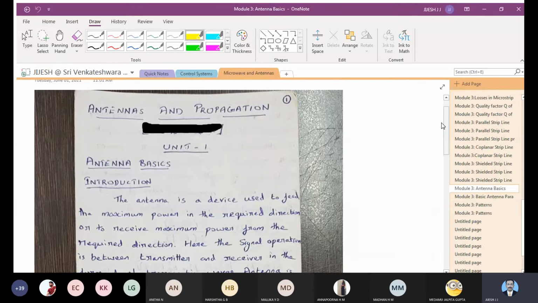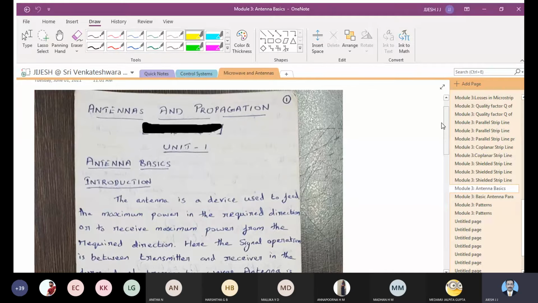Those portions are completed. So 2.5 modules cover almost 50 marks for your university exam, and those things are completed for you. Now the rest half of the things we are going to see about antenna. So for antenna, a few things you should be very much confident. One is integration and differentiation. You should know a little bit in order to solve the problems. For antenna derivations also, a few integrations and differentiations, substituting the limits and all those things you should know. But there are not many complicated problems.